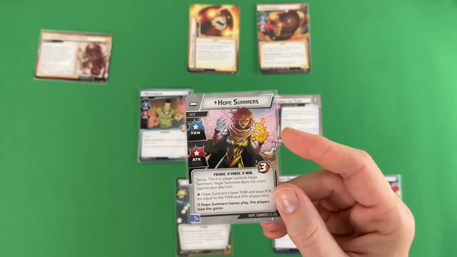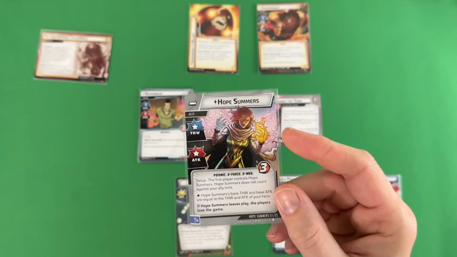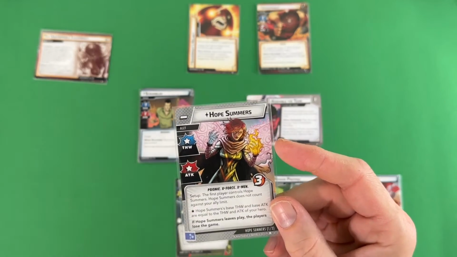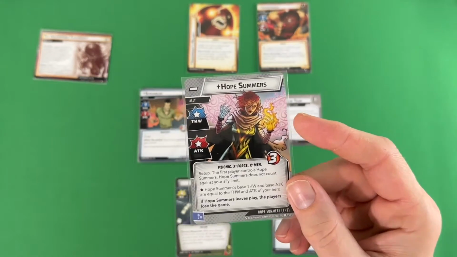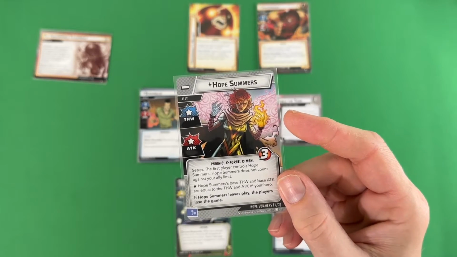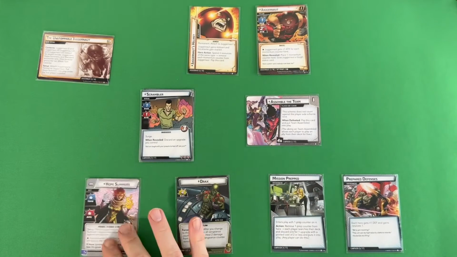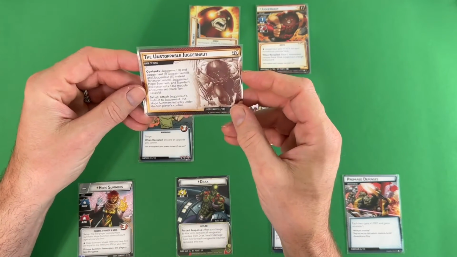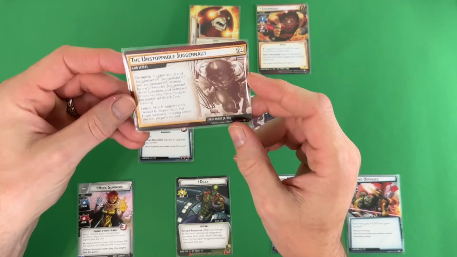Now, if you lose Hope, then you're going to lose the game. So it's not without risk, but she doesn't take consequential damage. So she is essentially another free hero on the table, though, again, if she dies, you lose, so you gotta be careful with her. But we do have her, and then we do have the Black Tom Cassidy modular encounter